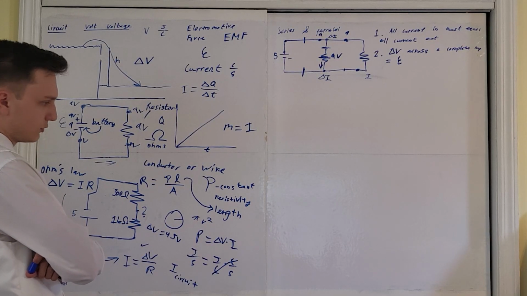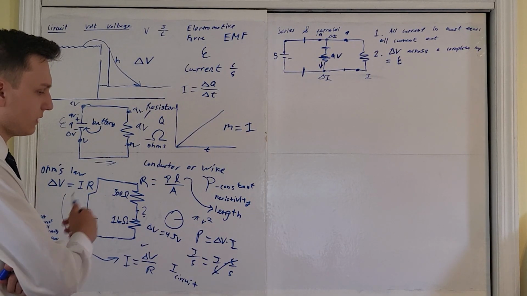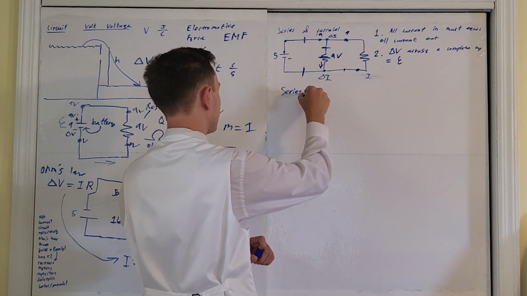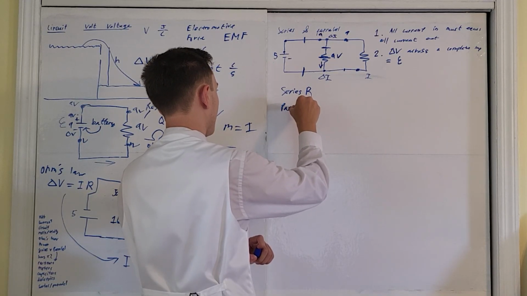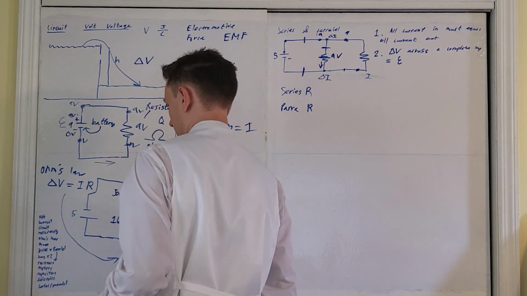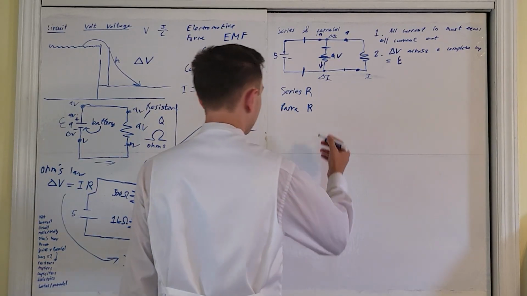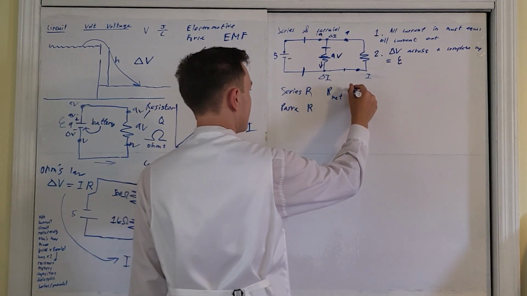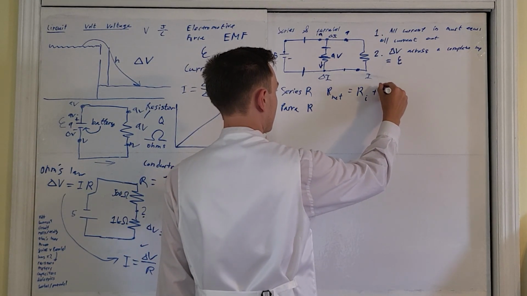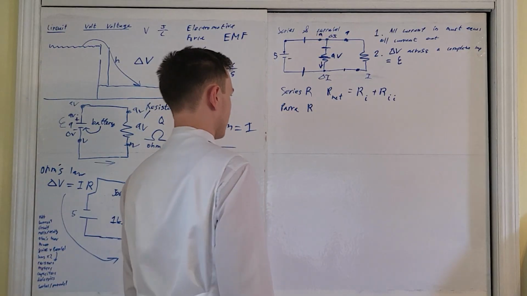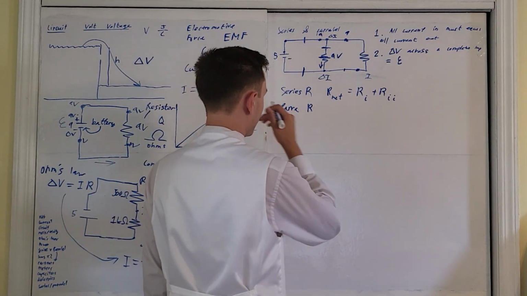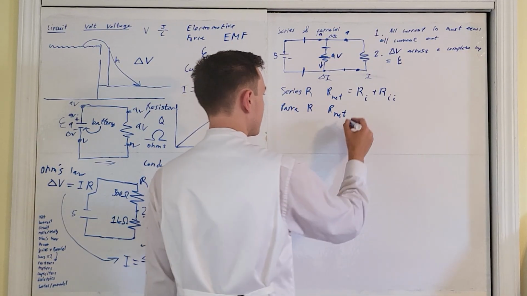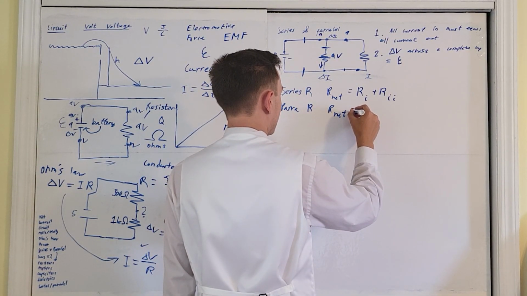But how do I consider 2 resistors at the same time? Well, we have equations for that. We have equations for series resistance, and we have equations for parallel resistance. On your equation sheet, you will know that the net resistance of resistors in series is the sum of all the resistors in series, where the equation on your reference table states that the equivalent resistance of parallel resistors is equal to